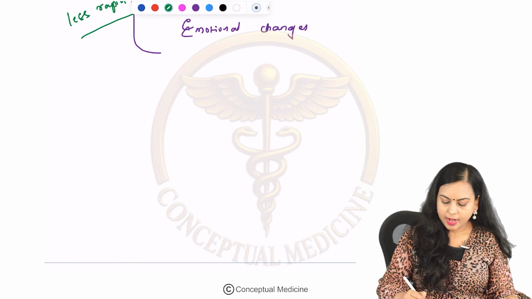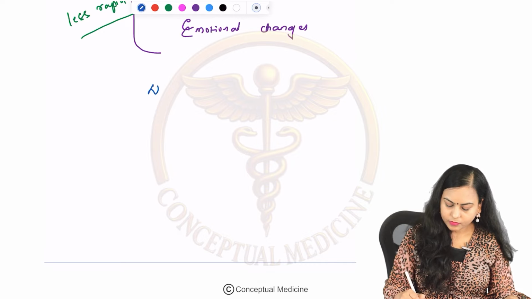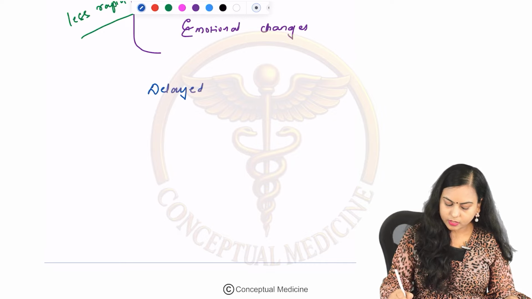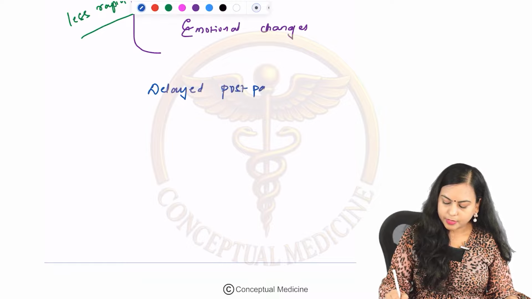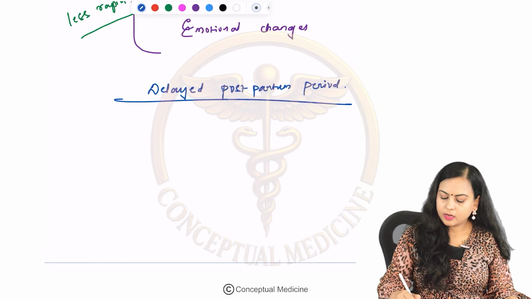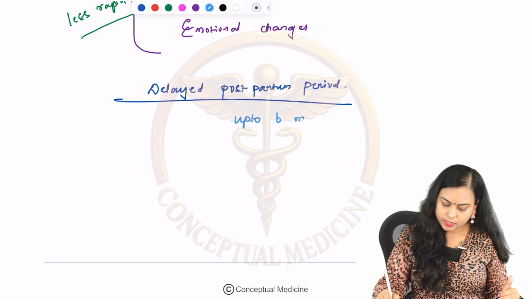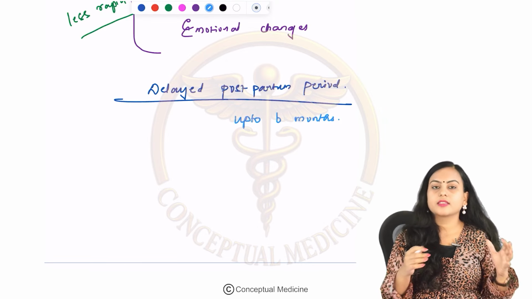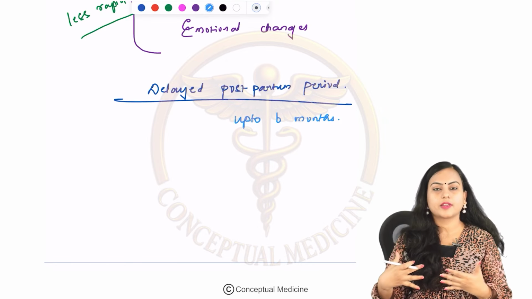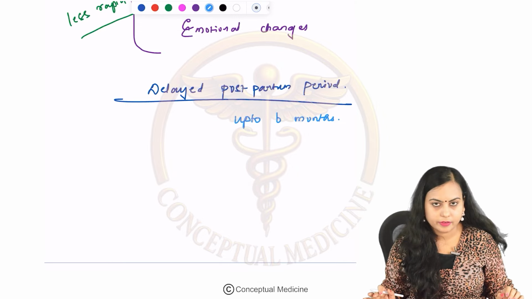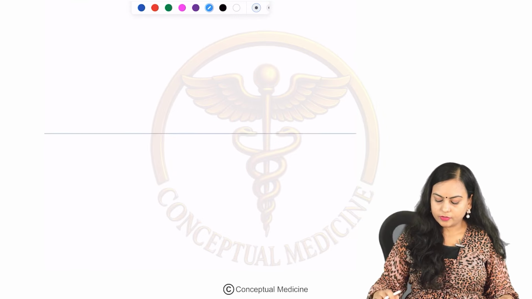The patient herself will be able to self-identify any problems occurring in this phase. Okay, and the final phase is the delayed postpartum period. This can last up to 6 months. The changes happening in this phase are very gradual and problems are also relatively rare. Okay, so this one you have to know. Now,